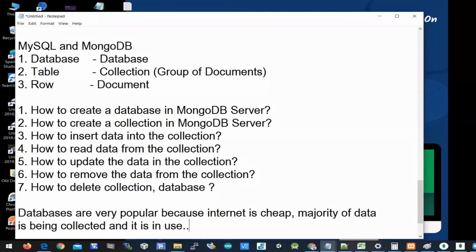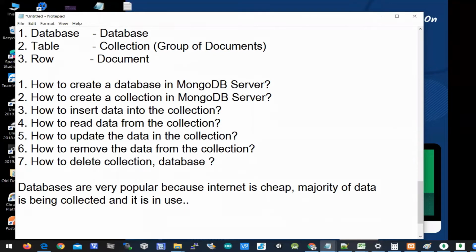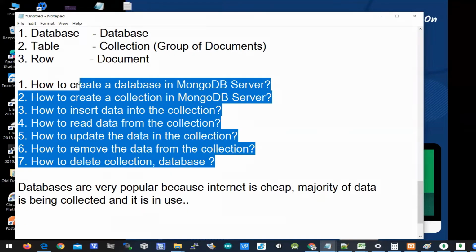So databases are very popular. So let's jump into the topic. Let's jump into the 7 questions: how to create a database and all.